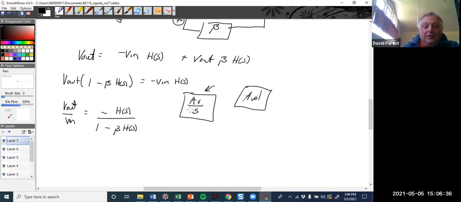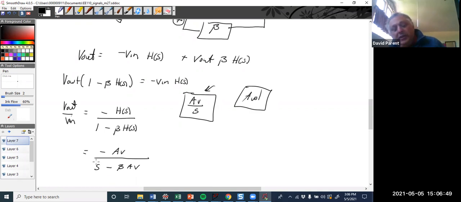So this is the simplest thing to do. We'll substitute that in. I'm not going to show every step. But we can see now that it is inverting. That just means it's going in the opposite direction compared to before. But notice we have minus beta A V, and so when we take the inverse Laplace of that, we're going to get